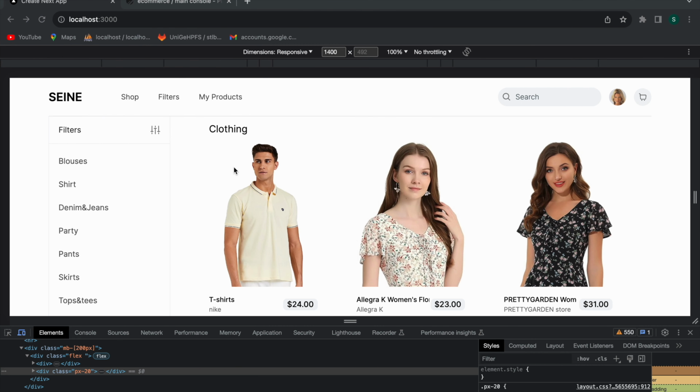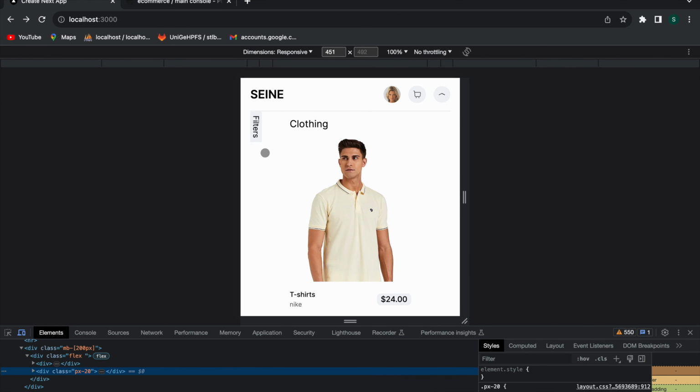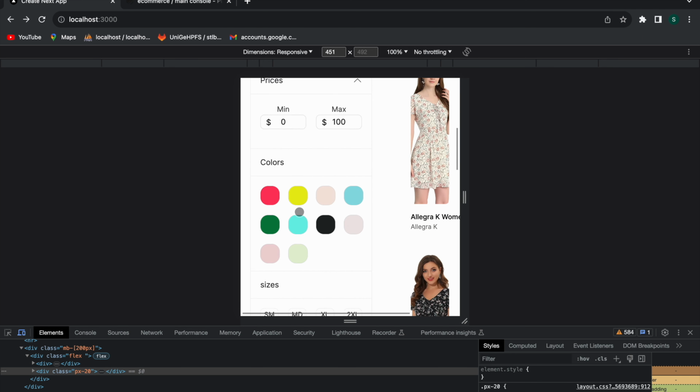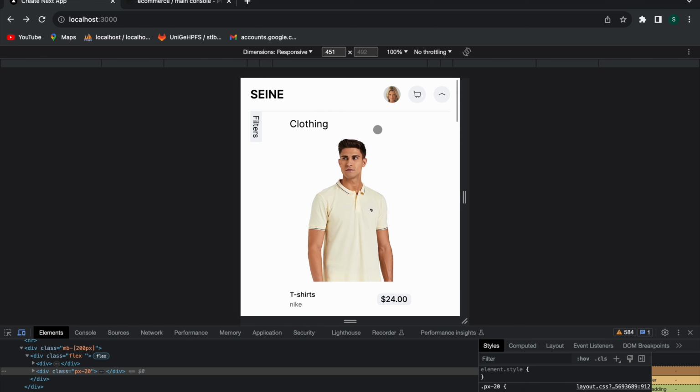Now let's save and go back here, and I will decrease the size of the window. This little button pops up if the window size is small, and when I click, all the filters show up.